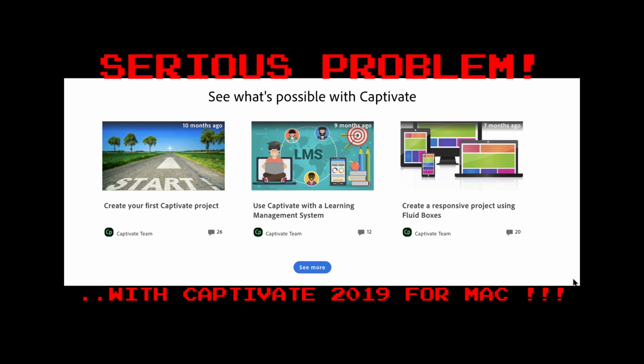And I'm going to demonstrate two different products from the same company, Adobe. Product number one that I'm going to show is Photoshop CC. Then I'm going to go from Photoshop CC directly to Adobe Captivate 2019 for Mac. And I hope we'll very clearly notice the stark difference in performance,